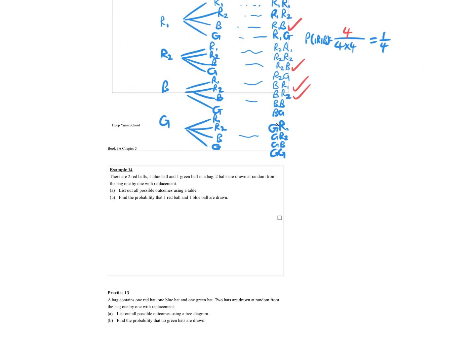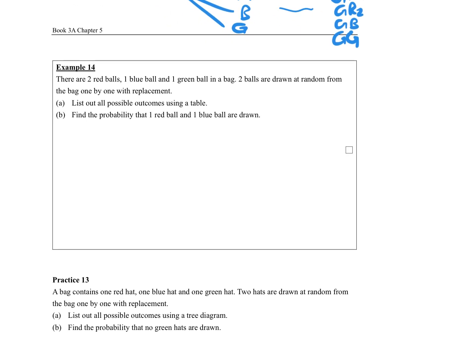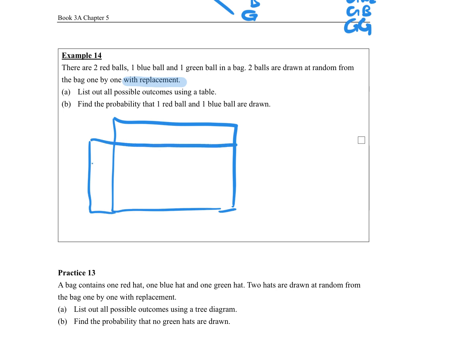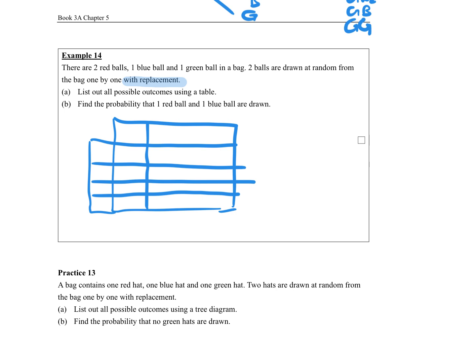Example 14 is essentially the same question. So what's the difference? They want you to use a table. You still highlight with replacement. With replacement, the key feature of the table is that the diagonal is allowed. So if you draw a table,